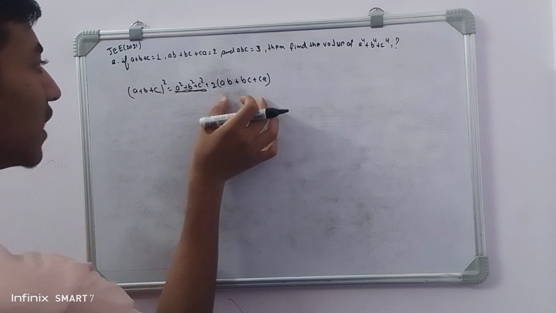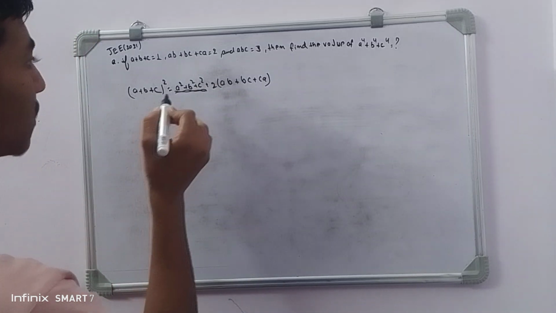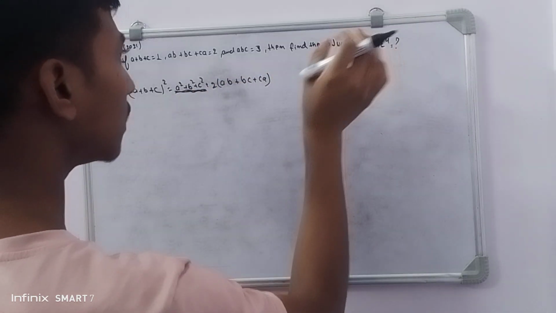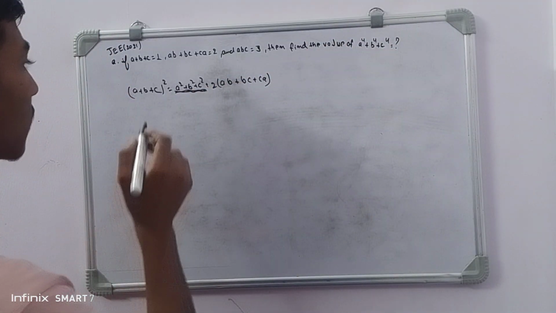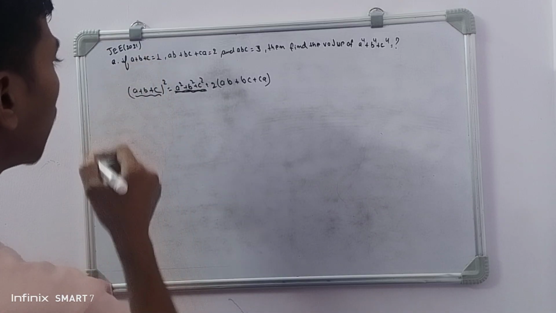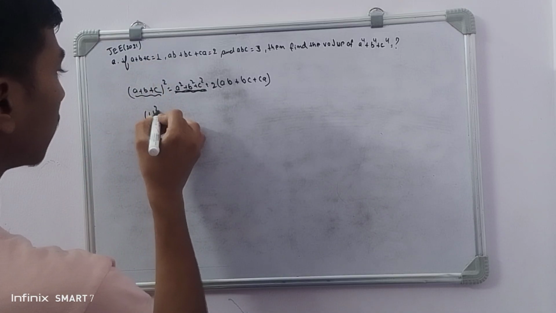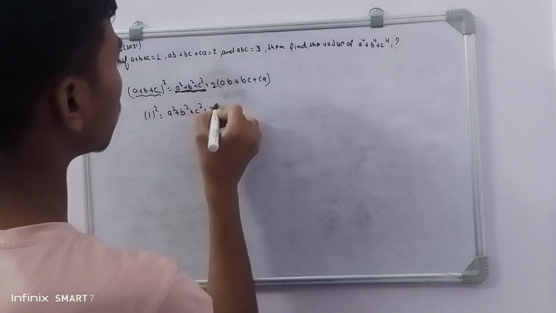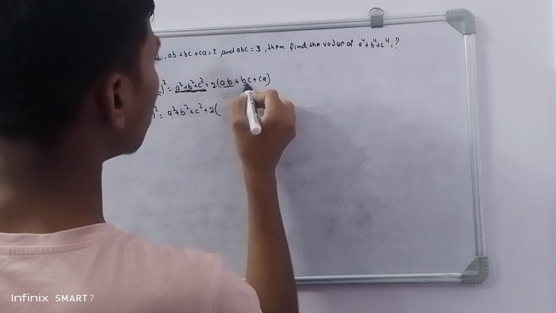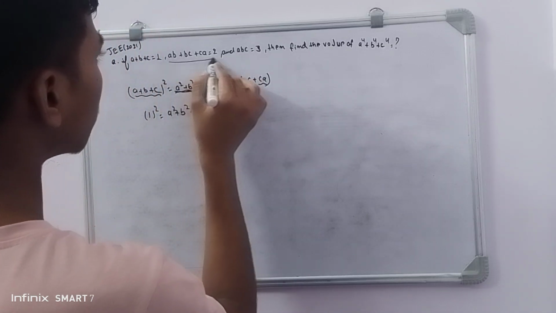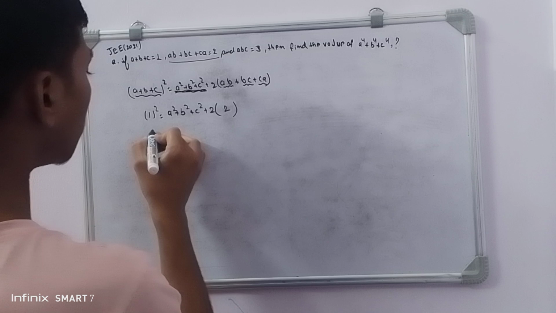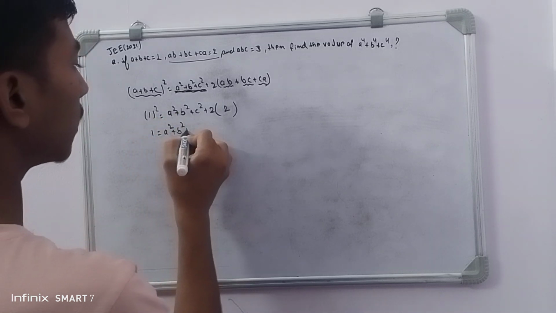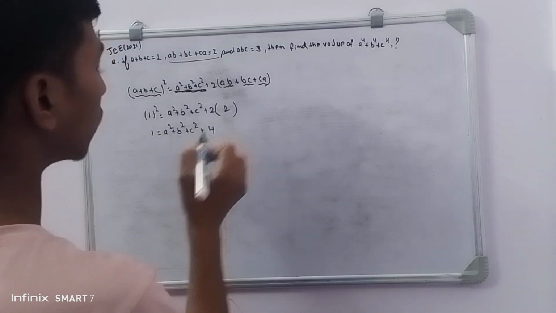As we open this identity like this, we have to just find the value of this one, then we will square it, then we will get this one, and this is going to be the answer. As you know, a plus b plus c is 1, so I write here 1 square equals a square plus b square plus c square plus 2 into (ab plus bc plus ca), which we have been given as 2, so write here the 2. So we get 1 square, which is 1, equals a square plus b square plus c square, and here we get the 4.